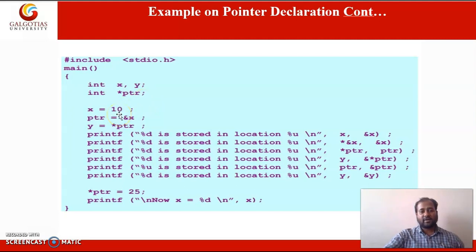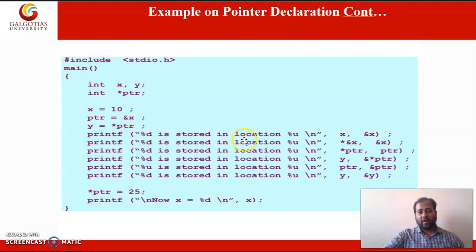In the next statement we are initializing the value of variable x to 10, and in the next statement we are assigning the address of variable x to the pointer, and in the next statement star ptr means value at the address of. Okay, so value at the address of the pointer means it is pointing to x, and the value of x is 10, so 10 is initialized to y.